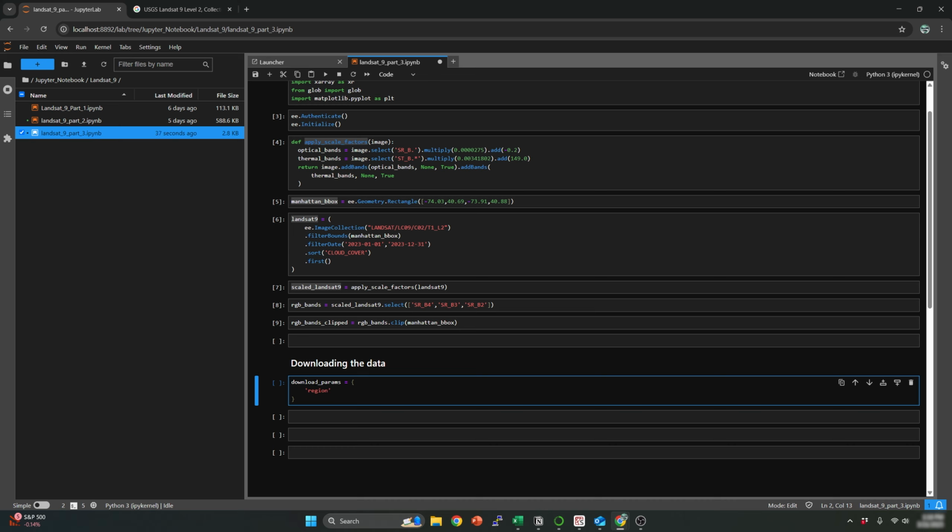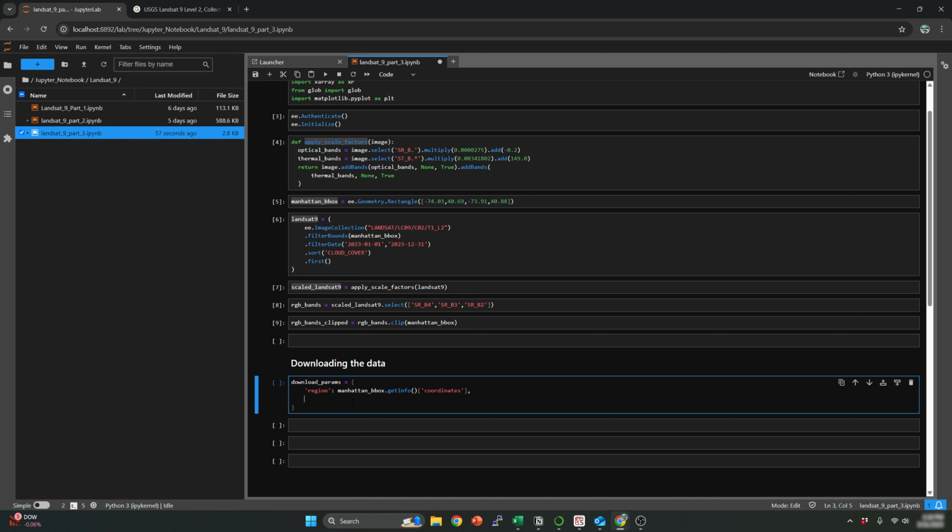So in this case, for our case, it will be these Manhattan coordinates. What we can do is just call this variable. There's a function getInfo, and let's just get the information, just the coordinates information. So coordinates,